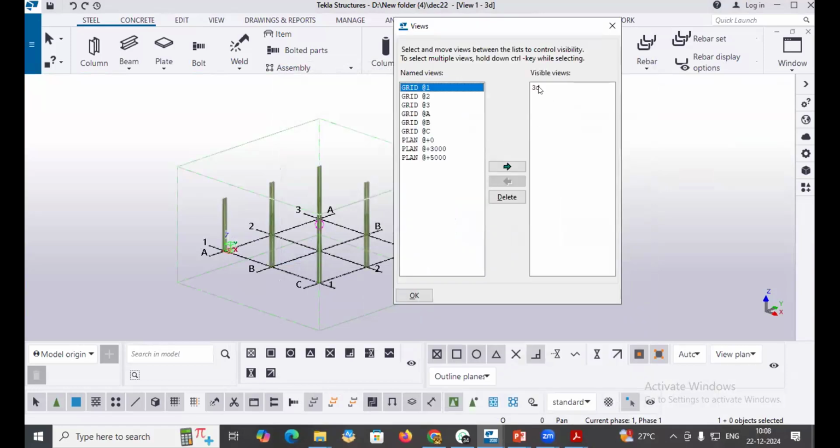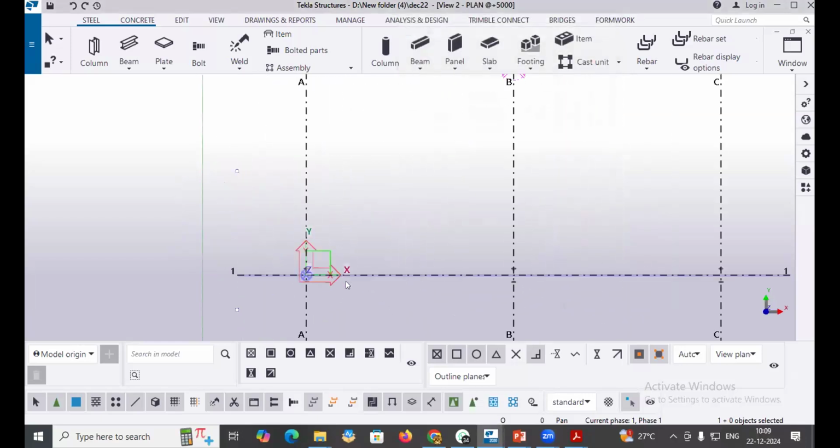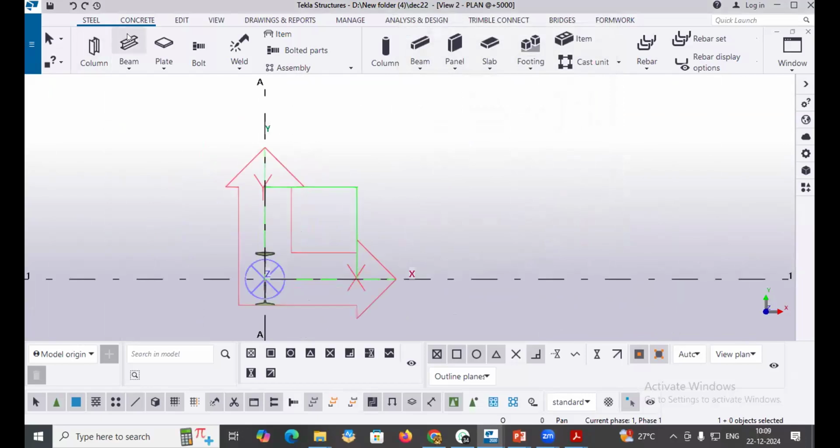Okay. So based on that, the 3D view will be the visible view, that is the default one. Once we open the model itself, it will be highlighted, and based upon that only you will be creating the views and giving the names for them. Okay, so now I'm going to place the beam in the plan at level 5000. So I'm going to open that view. So that plan level has been opened. Okay, so beam,